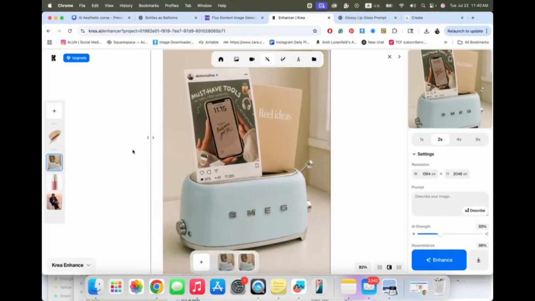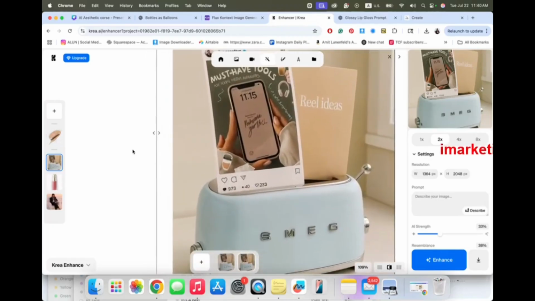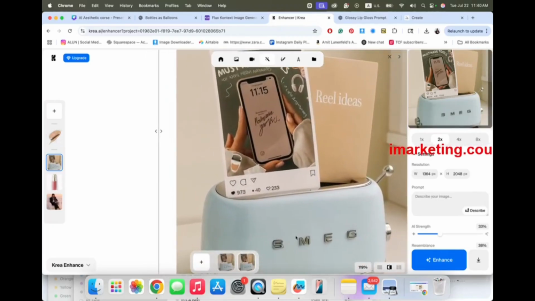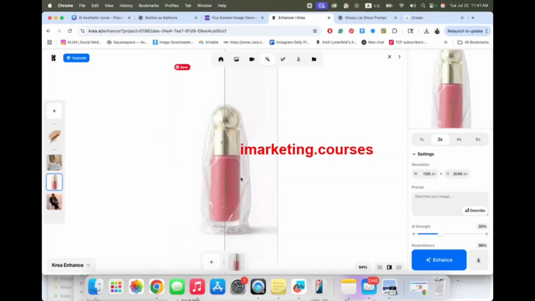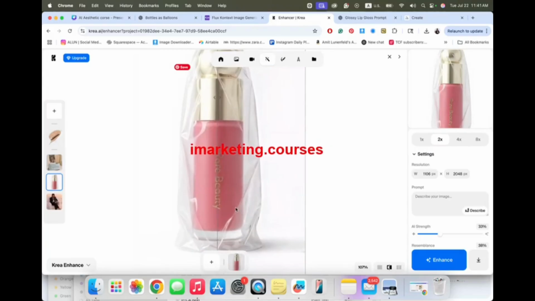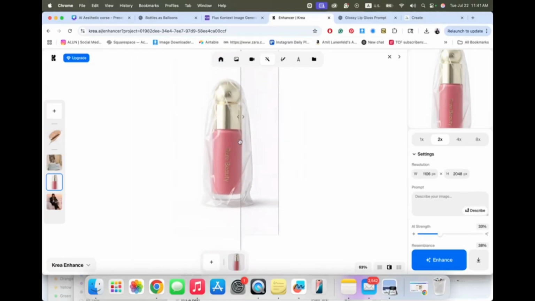Look at the Smeg toaster. It looks much, much, much better. You can see the texture of this and everything. Yeah, looks better. And also here, you can see the nylon bag. This was the before, this is the after. So, it's really up to you if you want to make it look sharper or not. If it's something you want to use, it's not a must.